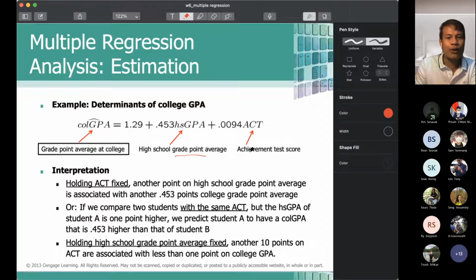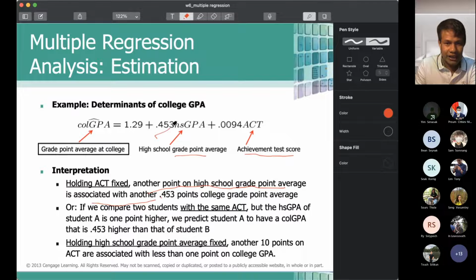But here we also control for, or include, the achievement test score. So the interpretation is holding the achievement test score fixed, or controlling for the achievement test score, another point on the high school grade point average. Meaning that if you increase the high school grade point average by 1 unit, it is associated with another